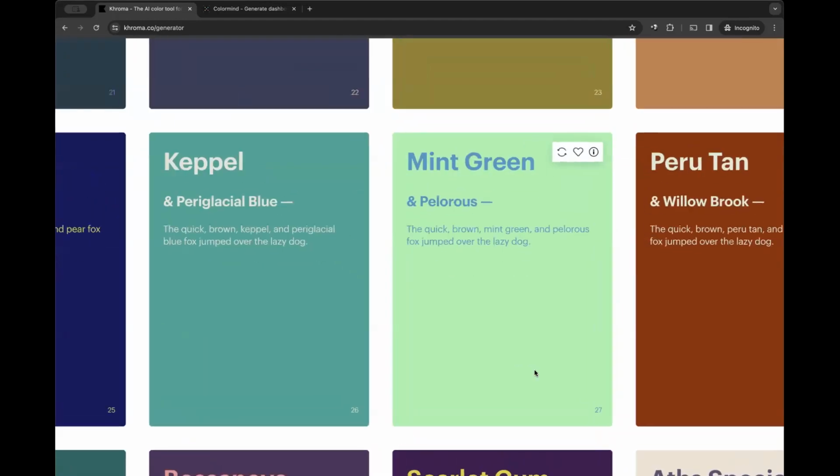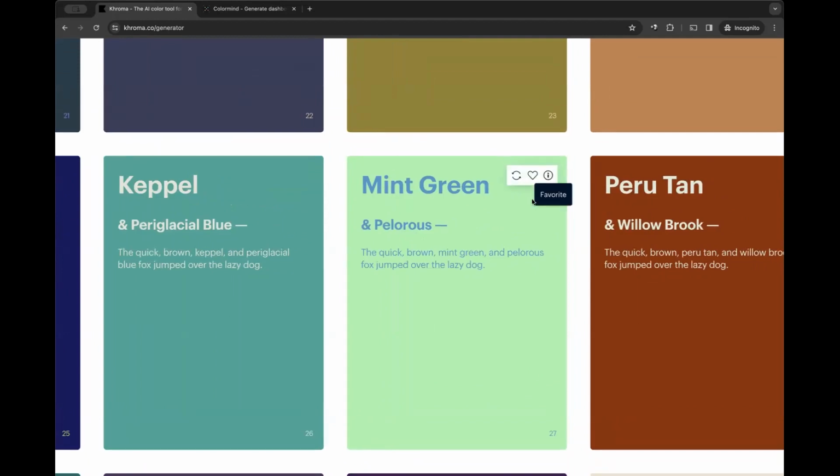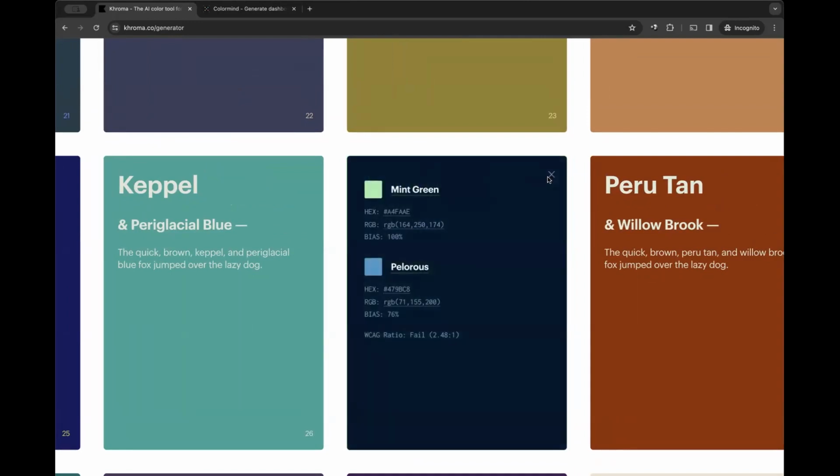I'm on number 27 on my own; on your own laptop it's going to be different. Just move your mouse over the card, and you will see some information on your top right corner. You click on details, and it brings this out. So you can see the color code of the mint green and also this color called Pelorius.